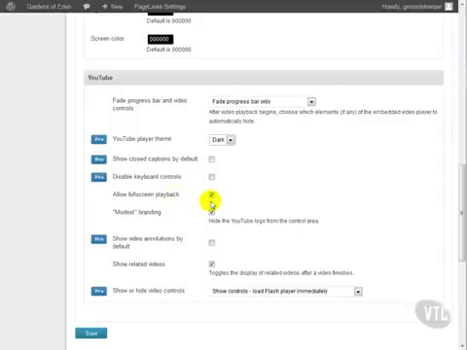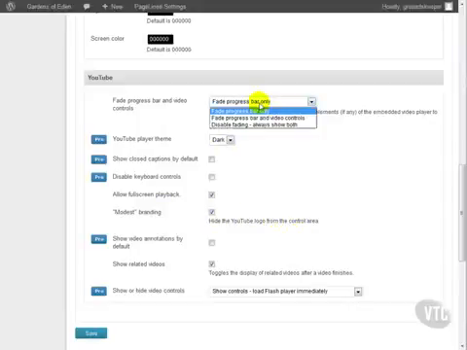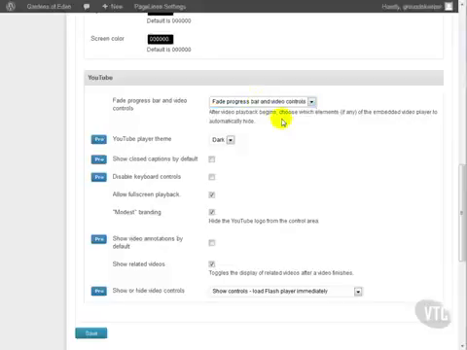We do want to allow full screen playback. And we do want to hide the YouTube logo from the control area. And what sort of progress bar options do we have? That looks like you can hide the video controls. I will also fade the video controls in addition to the progress bar because most people prefer to watch just the video and not have those controls there. So I will save that